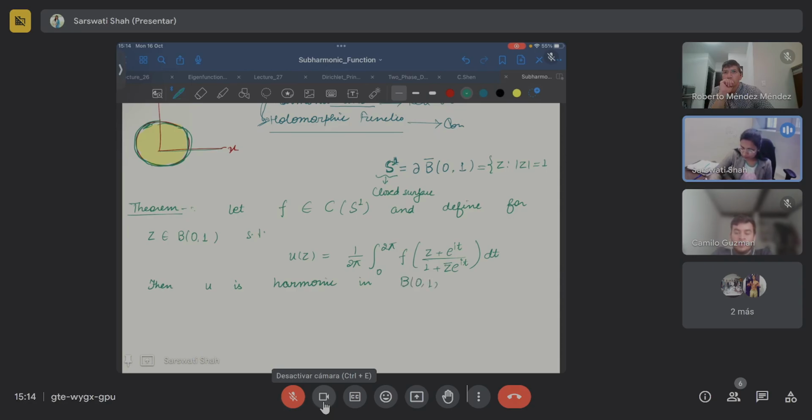this ball B. We are not taking the closure, we are not taking the boundary. We are saying that u is harmonic because when we talk about the harmonic function, then we say that its second order derivative exists. And what will be the condition for the existence of the second order derivative? The first order derivative should be continuous, isn't it? But on the boundary,